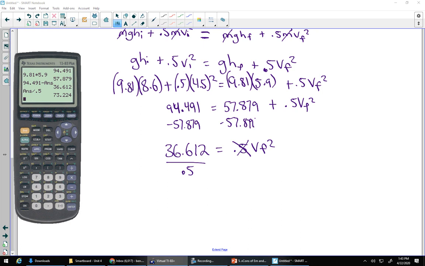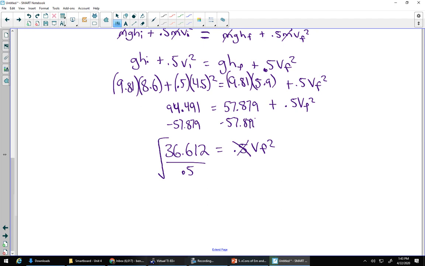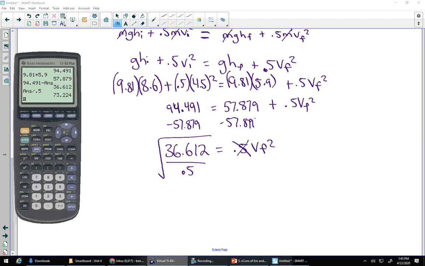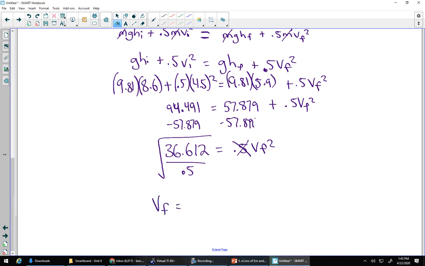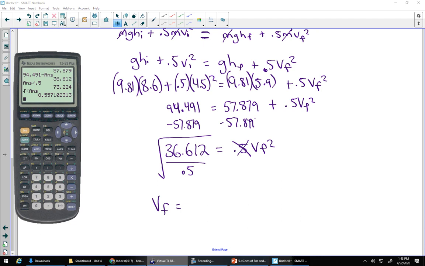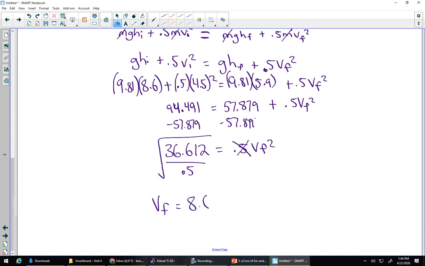73 point whatever that says. And then I got VF squared. So I just need to take the square root of whatever answer that is. So I'm just going to square root that answer. And we should end up with VF being, I think 2 sig digs, so 8.6 meters per second. Cool. So with this one, the way that we did it here is we plugged numbers in first